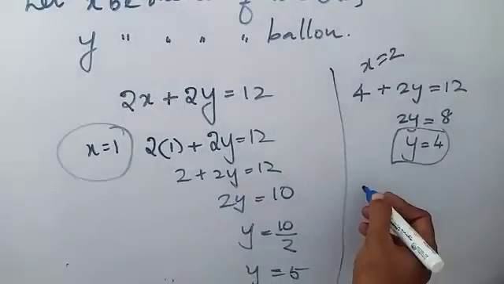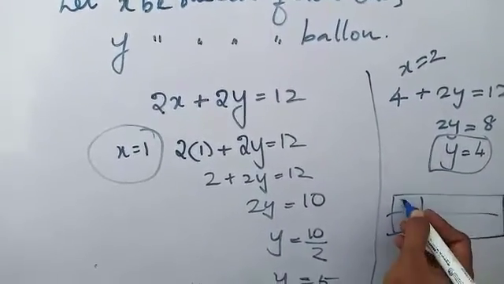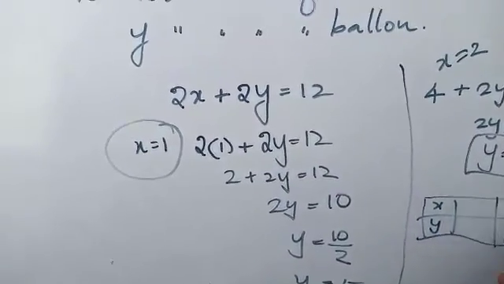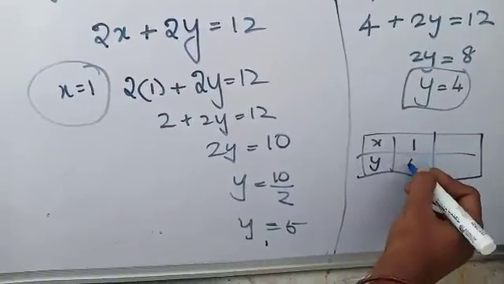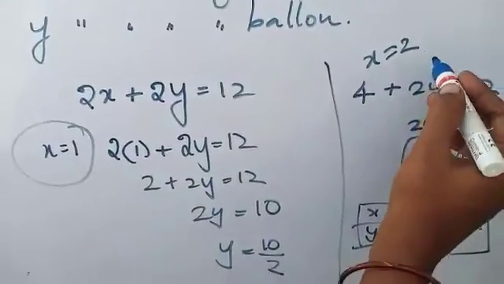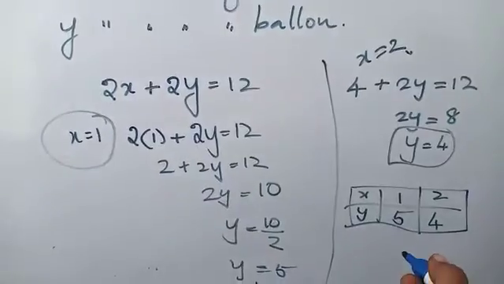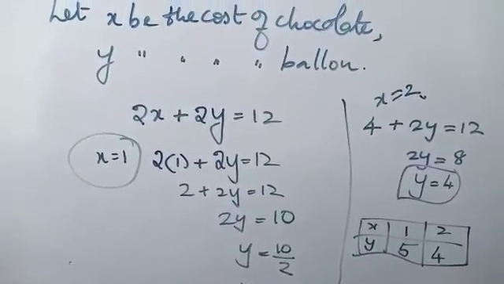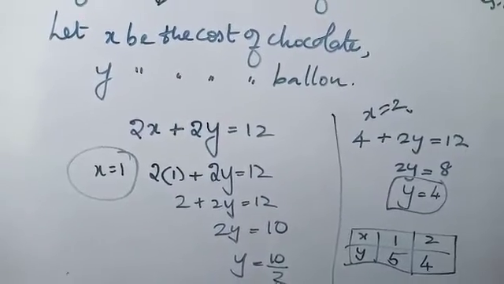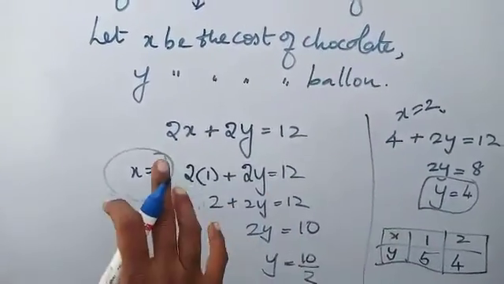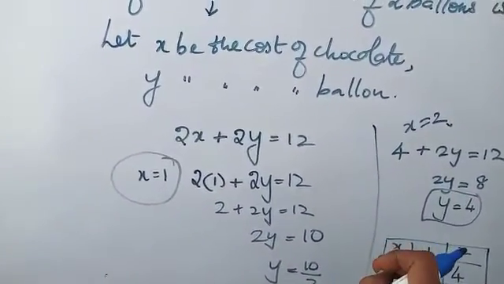Okay. After that, you have to put it into the box, x and y. See, what x value did you get now? 1. Then if the x value is 1, what is the y value? That is 5. When x is equal to 2, what is the y value? That is 4. We just found 2 measures here. This one we can place in the graph itself. That is our wish. If they are asking to plot, you can plot it, or else if they are asking to find the values alone, you can find the values alone here.